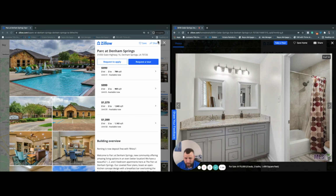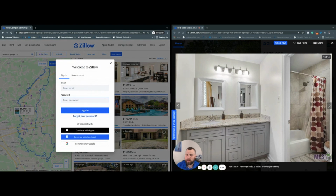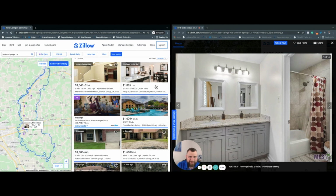Because if you were to rent a house, you're going to pay $300, $400, $500 more a month than you would to own a house, right? So I just wanted to illustrate to y'all that this is something that can be done. Like you can own a nice home for the same amount of money that you're paying every single month in rent. So I hope that video was very helpful to you,